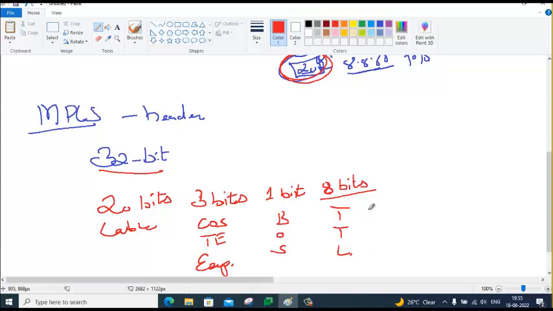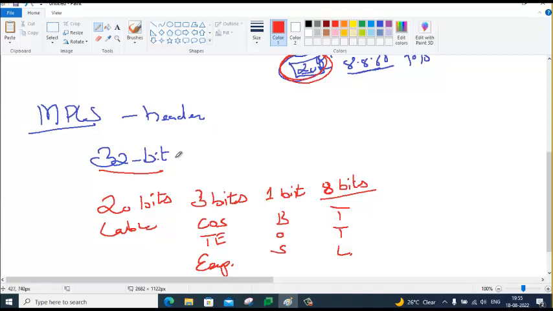There are a lot of fields like fragment and this and that. Now routers are not going to process that big header. It's going to process only the simple 32-bit header and take a similar decision to what normal routing can decide.